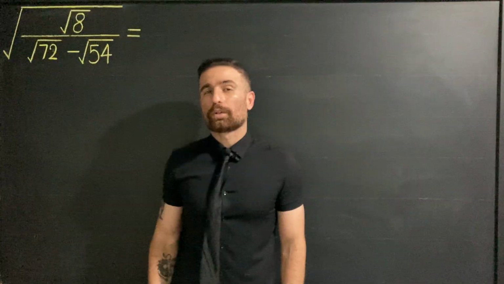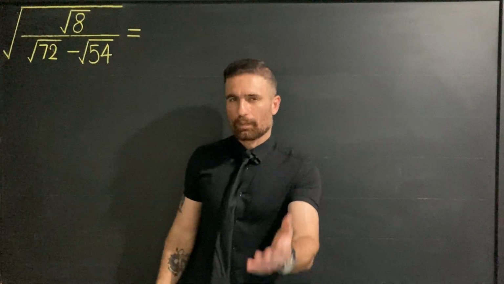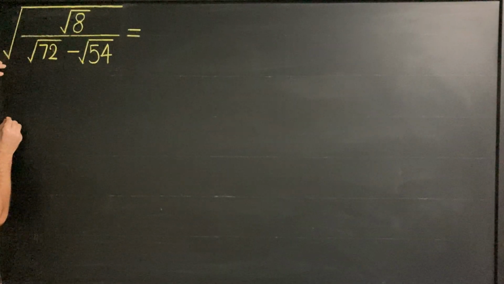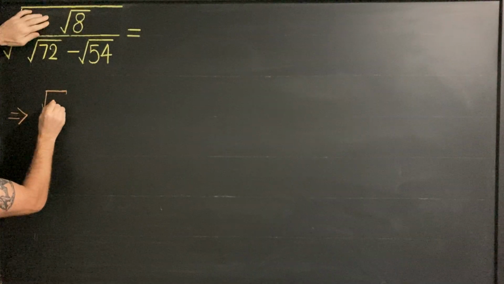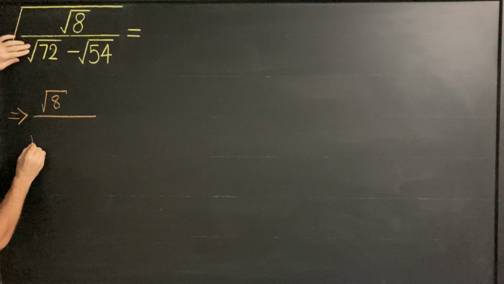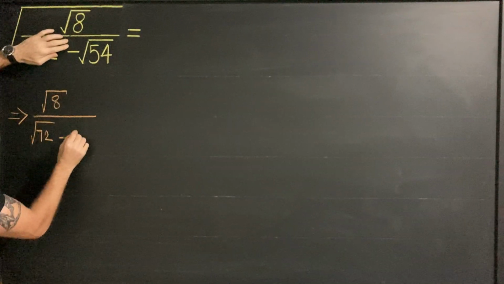To solve this, I'm going to start my solution by working on this inner part. No worries, come here, I'm going to show you the inner part, this part. Let me write it here. We have second root of 8 over second root of 72 minus second root of